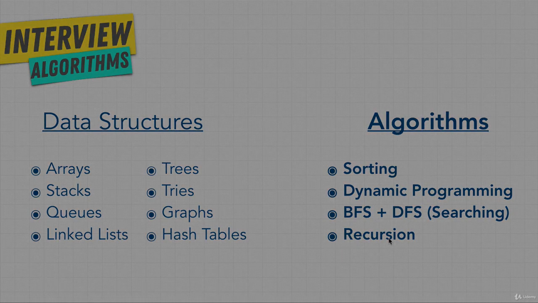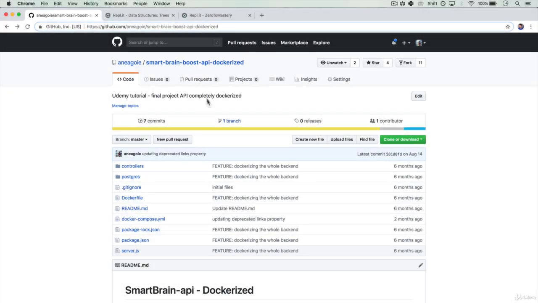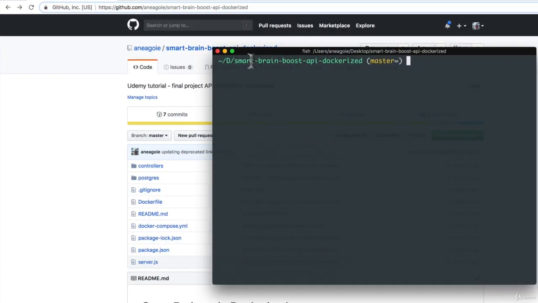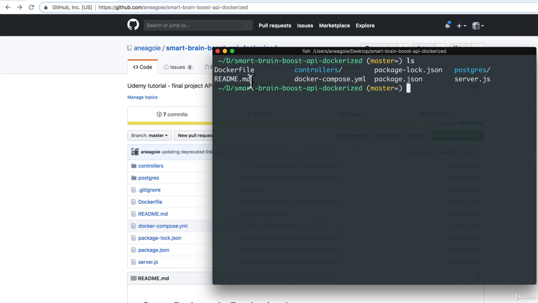Let me show you what I mean. I have the project here that we've used for one of my other courses, and it's a backend API in Docker. Now I've cloned this repository and I have it right here on my desktop. Now, if I wanted to search through all the files in this project, I can simply type in ls to show me the files. But as you see in blue here, we also have folders that inside of them also have files. How can I also see the files in this folder? Well, I can do something called